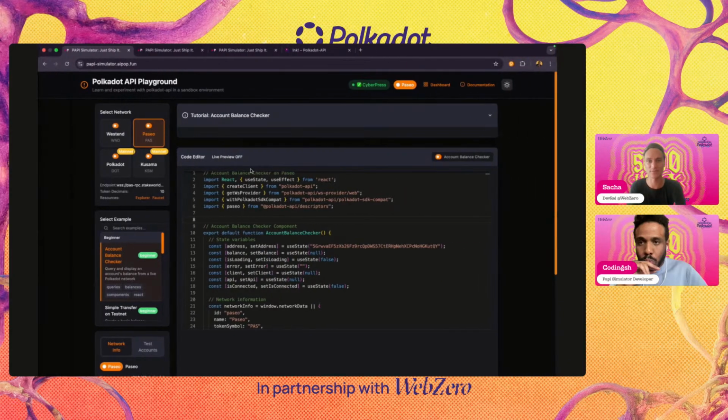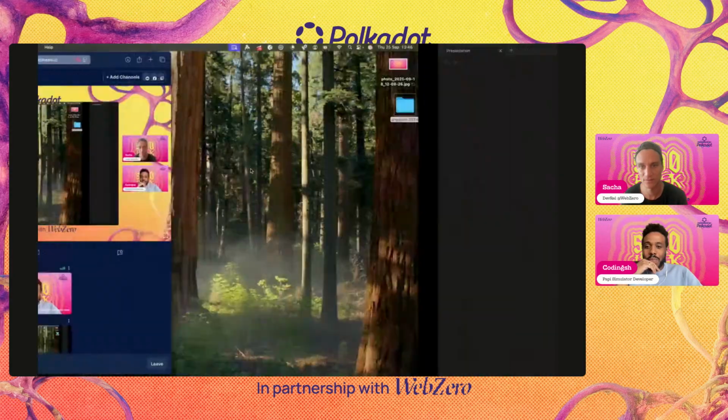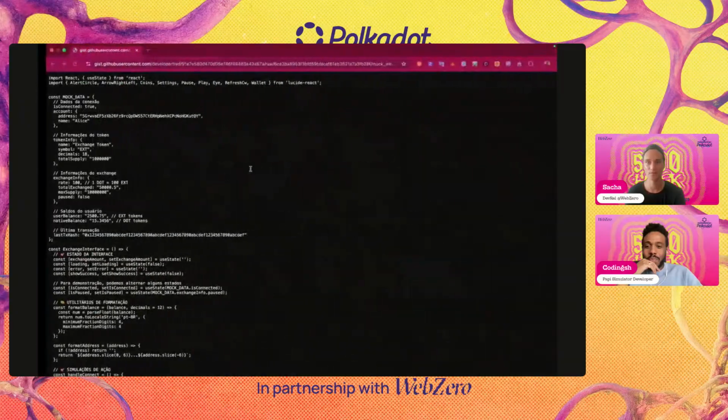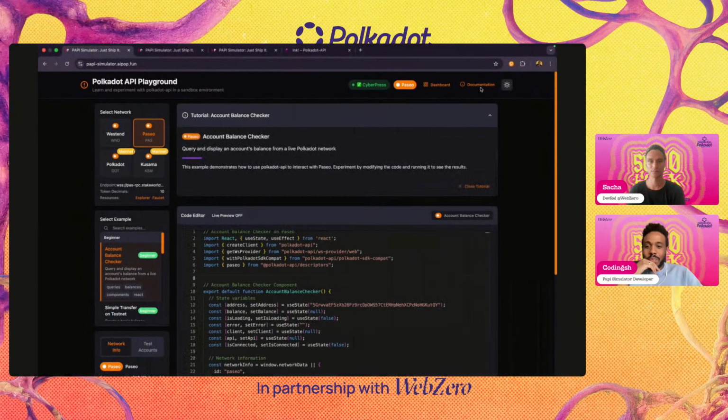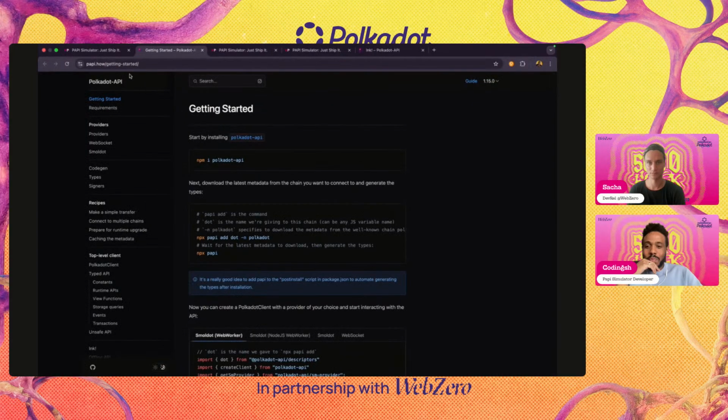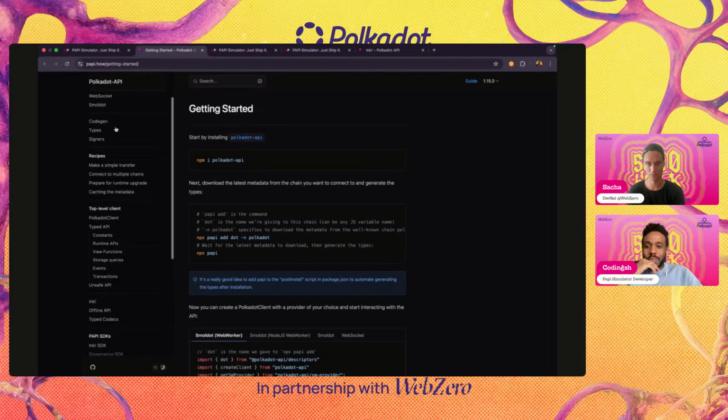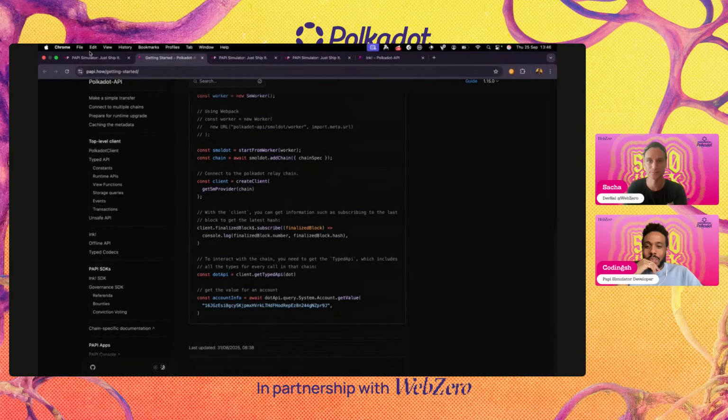What are we looking at? Yeah, it's working, we're all good. PAPI has good documentation. The Polkadot API, PAPI is the short name for Polkadot API. I came to PAPI